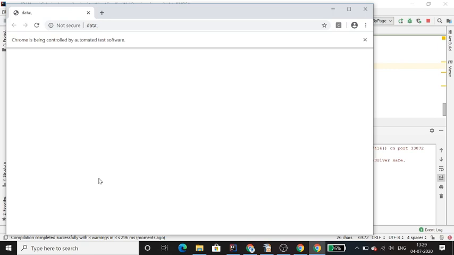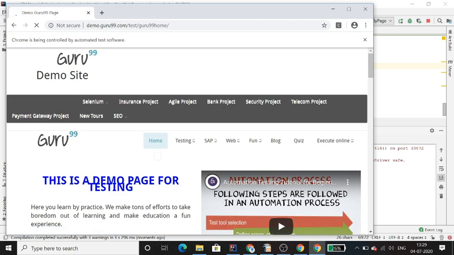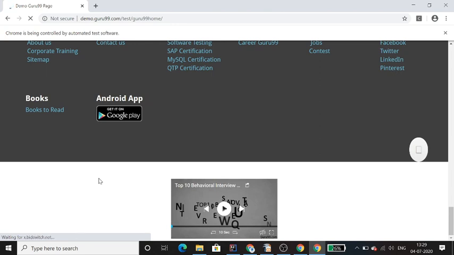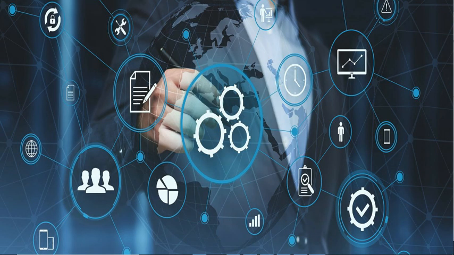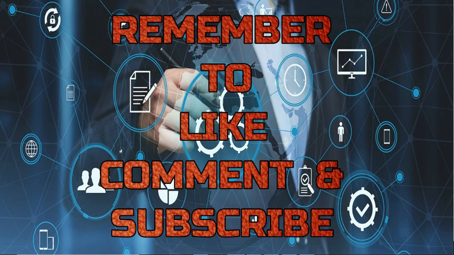You can see here the application has launched, and it will scroll the page to the bottom. Now you can see the page is scrolled to the bottom. If you see the scroller here, it has moved to the bottom, till the height of the page, right? So this is how we handle scrolling.